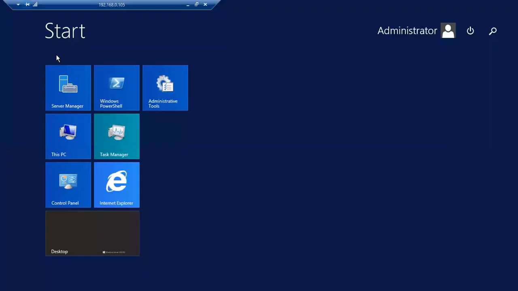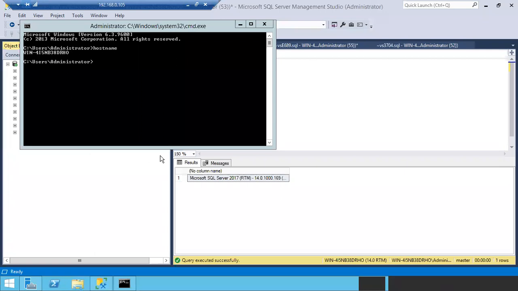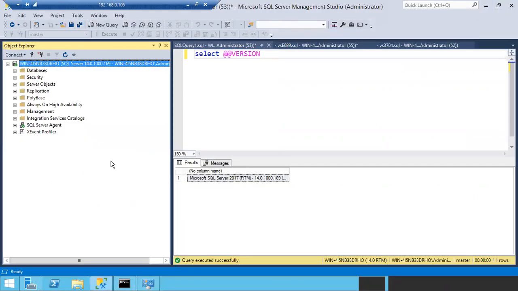Or else go to this PC properties. There also you can see the server name. Okay, this is your server name. Now something happened. Again, this is not a regular case. Very rarely we are going to get it. Why? Because I told you, during patching, you have to check the instance name. There are some scenarios where the instance name will be different here.